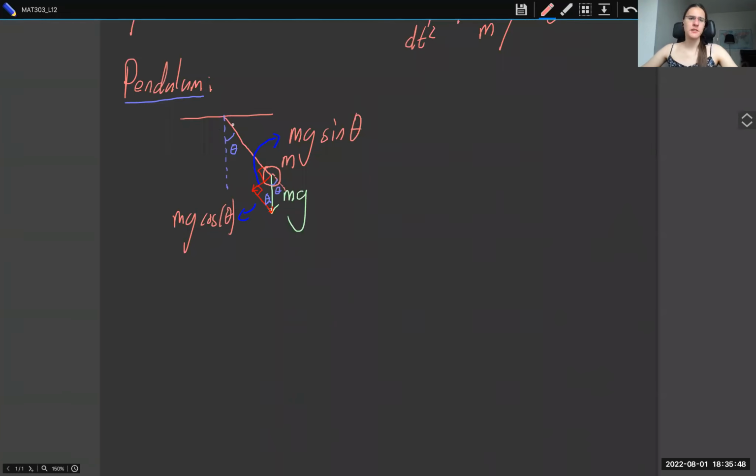Now, this string is sort of rigid, which means that if there's force in this direction pulling directly against it, then its rigidness will just cancel that out. So the only actual force acting on the object overall is this centripetal force right here. So the centripetal force is this. And if we make the direction positive and we make theta be positive in this direction, then on this plane,